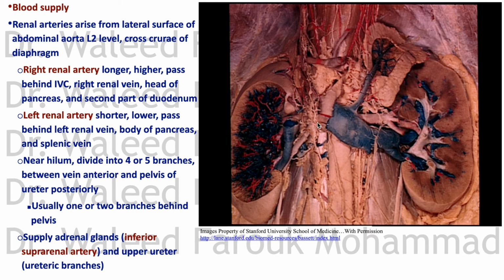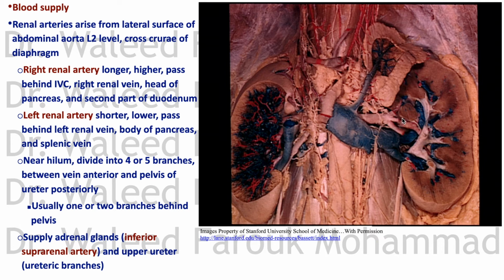The right renal artery will be longer than the left because it must pass the distance of the inferior vena cava, right? It passes behind the inferior vena cava to the right kidney, while the left side and behind the renal vein, of course, behind the head of pancreas and the second part of duodenum, which crosses the hilum of the kidney. On the left side, the left renal artery is shorter and at a lower level and passes behind the